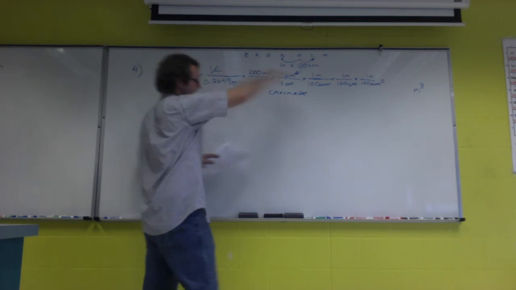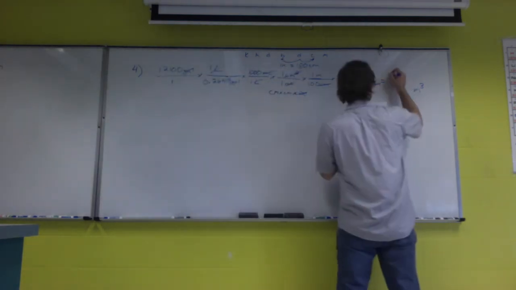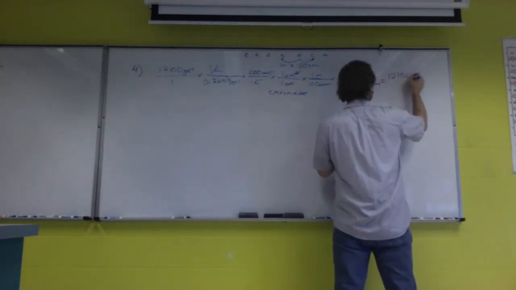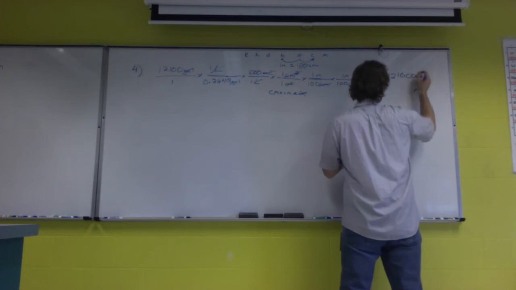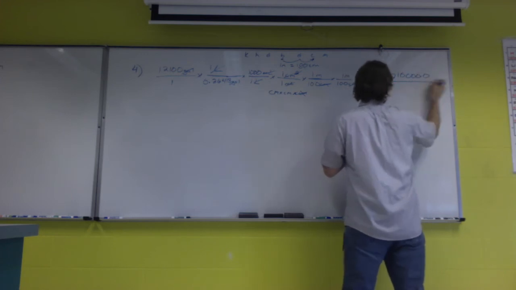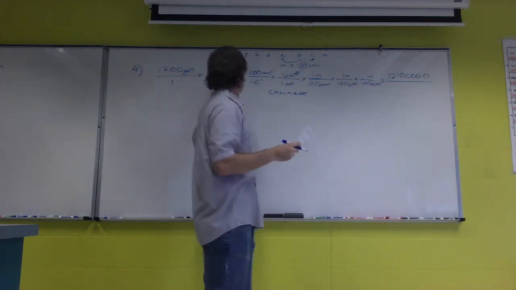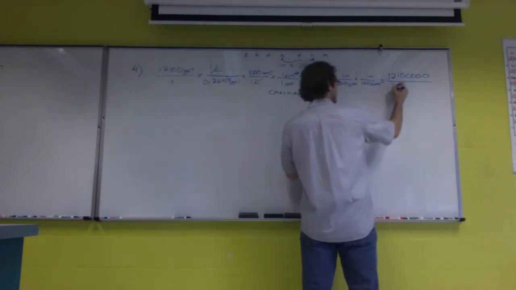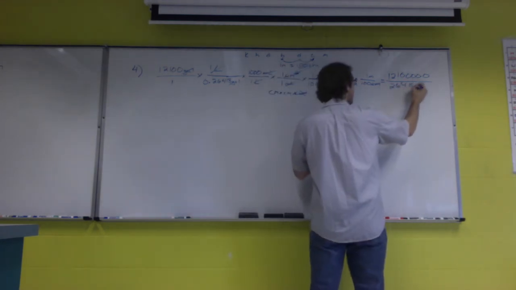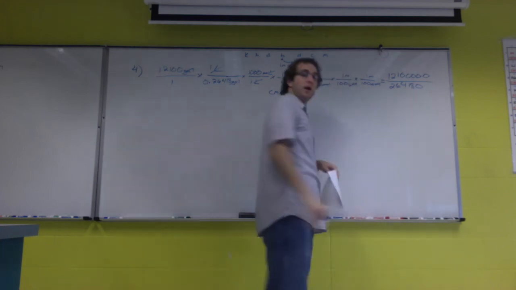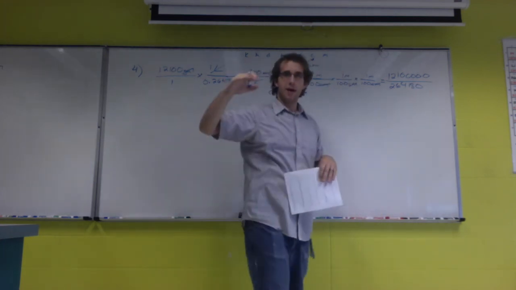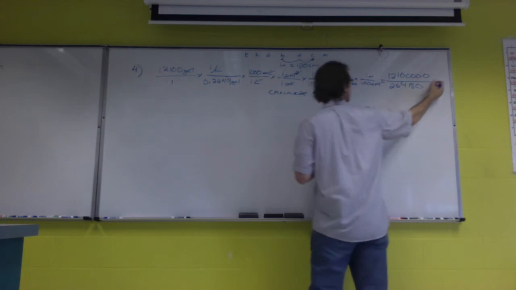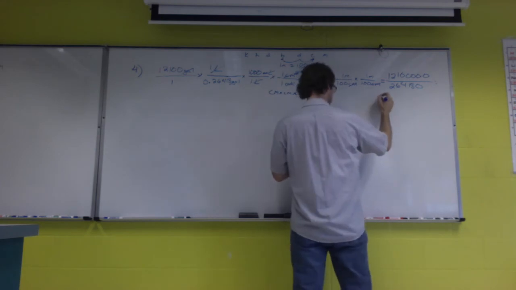So we can multiply the top. When you multiply your top, you get 1, 2, 1, 0, 0, 0, 0, 0. Multiply your bottom. We've got this gallon value times 100 times 100 times 100. We get 2, 6, 4, 1, 8, 0. Now we go ahead, top divided by the bottom, and we should get an answer of